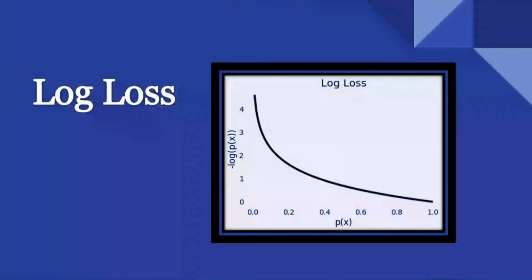In the previous video we have seen the AUC ROC curve. Now let's discuss what is log loss. The disadvantage of the AUC ROC curve is we can't compare two models' performance. We only see the performance of one model. But in the case of log loss, we can also compare the performance of two models, and then we can decide which model to use, which model is performing better.